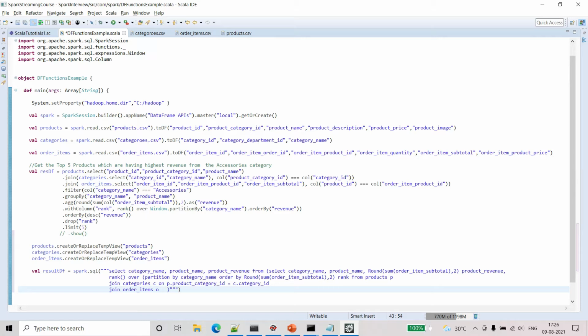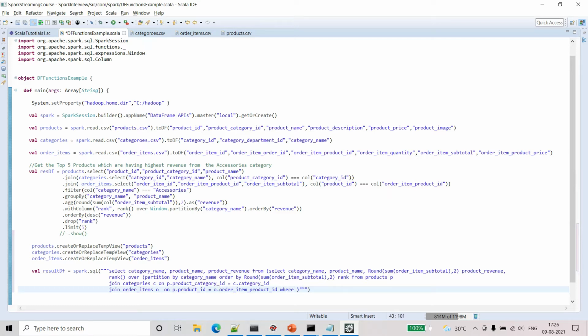Okay, and we have to give the join condition for that. So what is the join condition? Here we have product id equal to, yeah, this is the one, O dot order item product id.